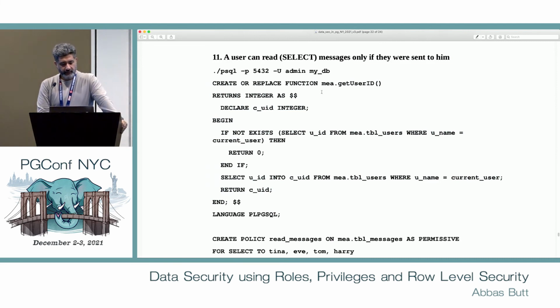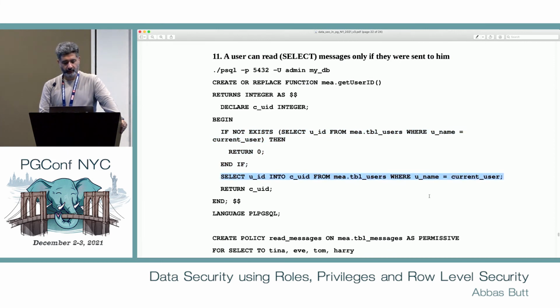So what this function does is tell me the user ID of the currently logged in user by firing a query on the table user. First make sure that there is at least a row that contains the name of the currently logged in user, and if not, then it is going to return 0.